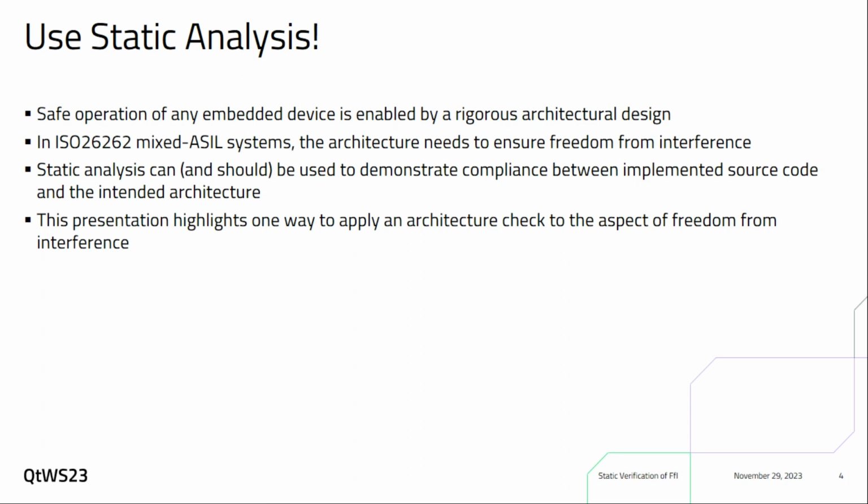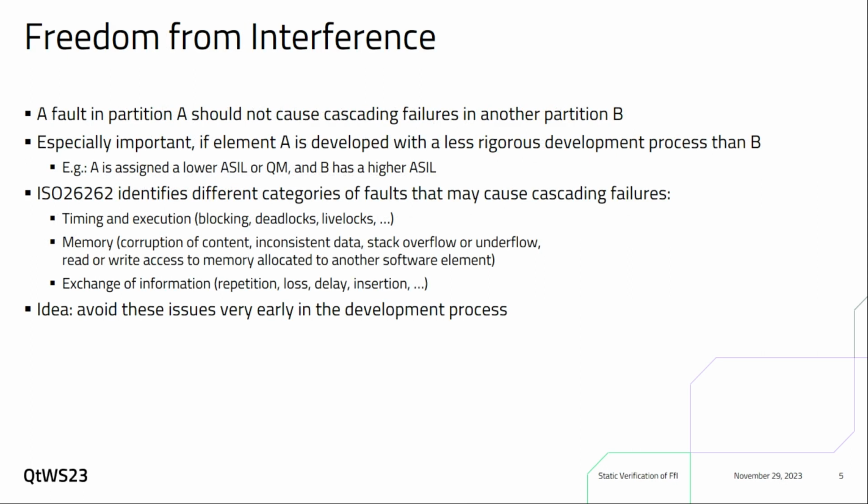to ensure this property. So freedom from interference is a property where you're looking at two safety elements, and one has a fault. It causes some failure, and you need to ensure that this failure does not propagate into another safety element and cause a dependent failure in that other element. For example, if you have an element A that is assigned a higher ASIL and another element has a lower ASIL, then you don't want the potential failure in a lower ASIL to propagate into your high quality piece of software, into your safe